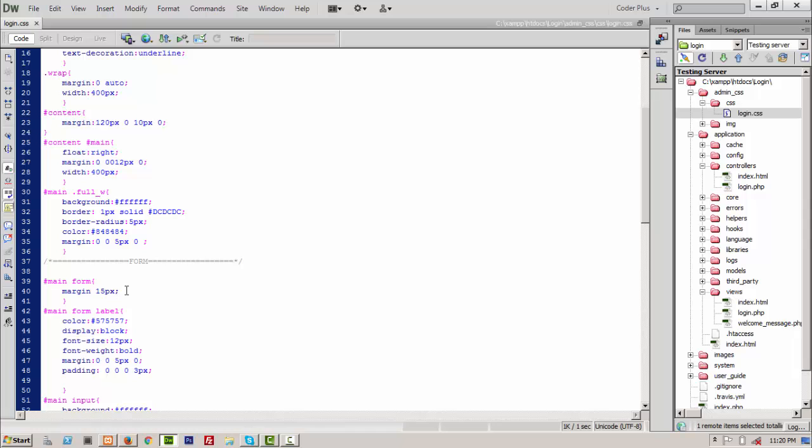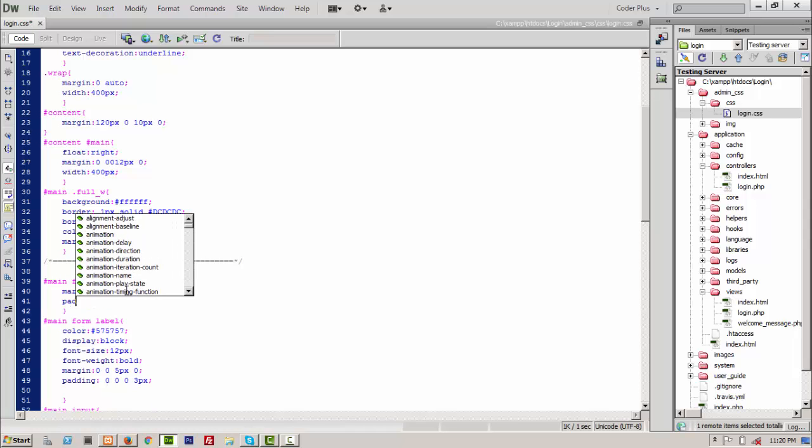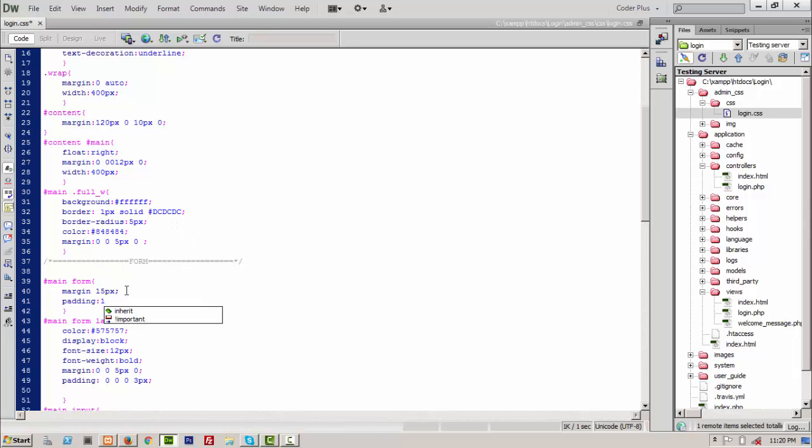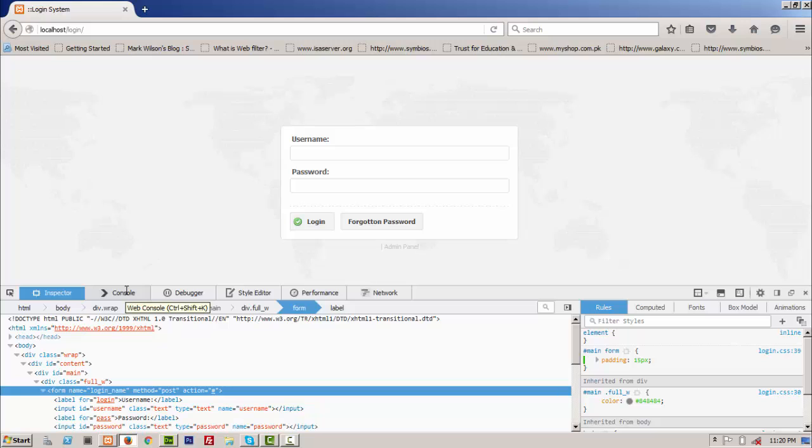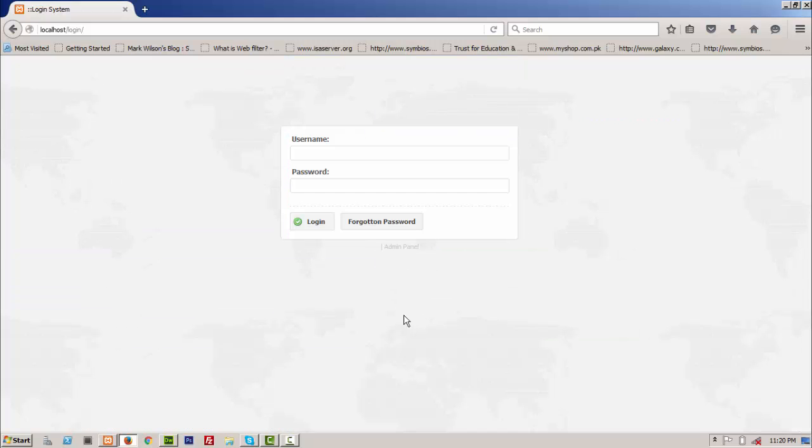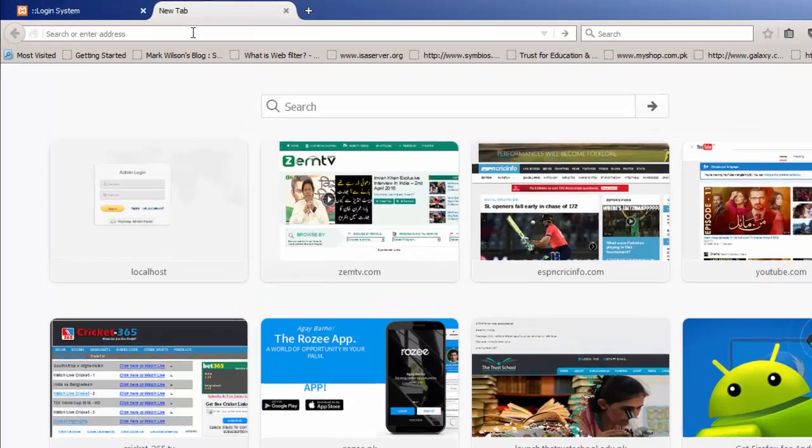I have given the margin, so let's give padding 15 pixels, margin 50 pixels. Okay, refresh your page. Let me close my inspect element, and again I have to refresh the page, and open a new browser to test it,